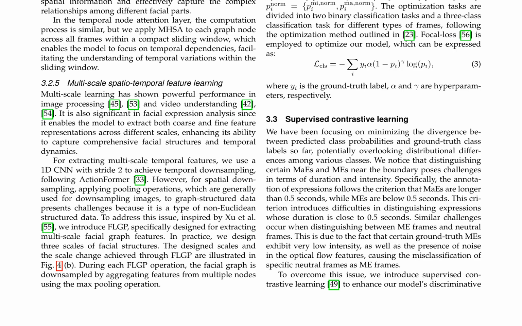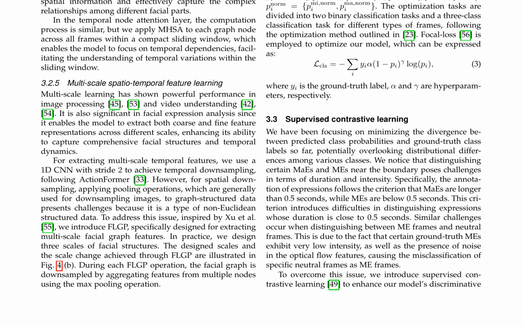To enhance the model's discriminative ability, supervised contrastive learning is introduced to minimize the divergence between predicted class probabilities and ground truth class labels, while also considering distributional differences among various classes. This is particularly useful for distinguishing between micro-expressions, MEs, and macro-expressions, MaEs, near the boundary, where duration and intensity can